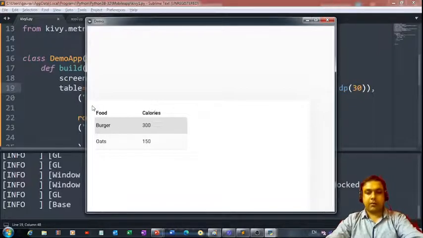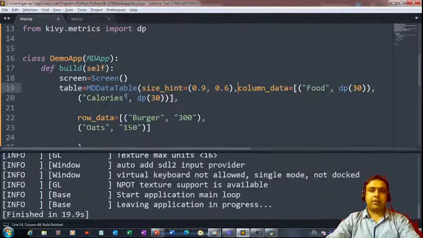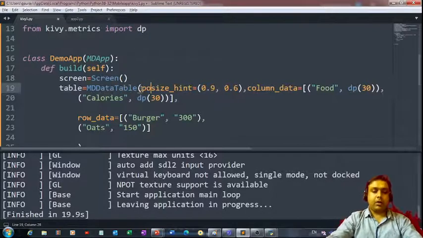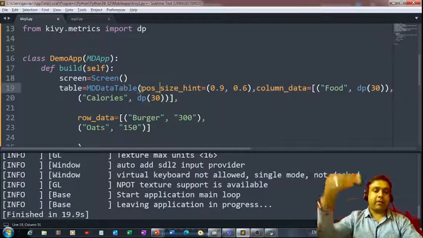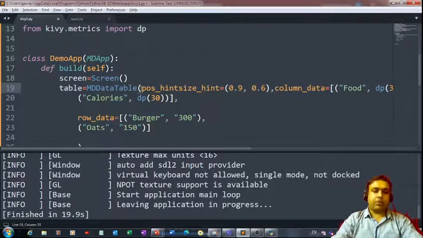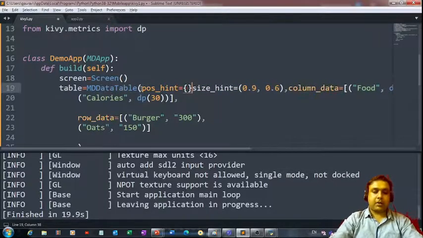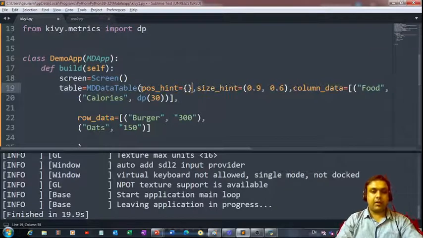Okay, so it is perfectly fine. It's time for us to now make it look more attractive. So how can we do that? Again, we can use the position hint attribute in order to place it right in the middle of the screen. Suppose hint, and it accepts a dictionary, as you guys know very well. We have used it in the previous lectures also.